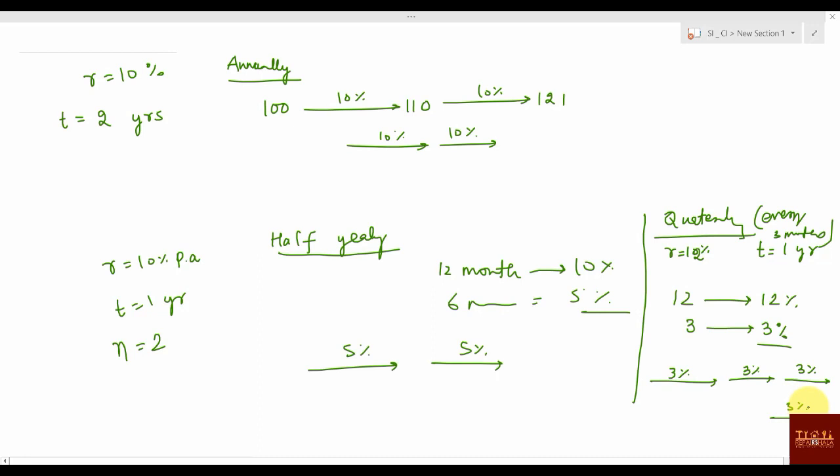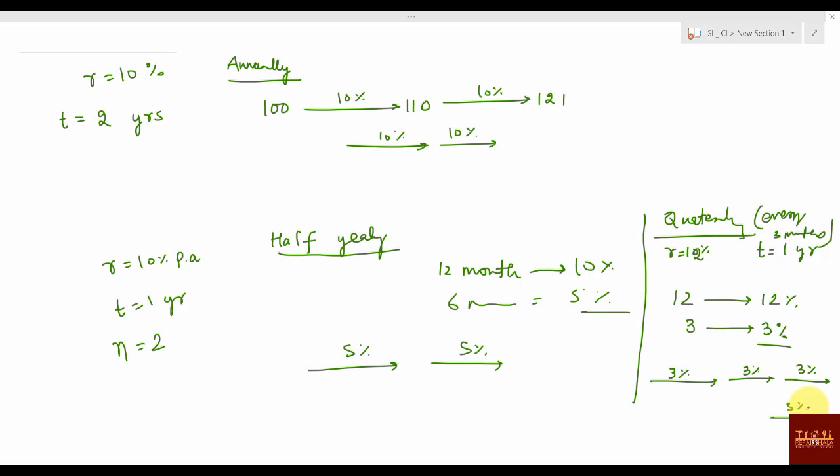Can you say that each and every increment is actually compound interest? Or you can say 1 year you have broken into 4 parts, that is quarters. You have kept the rate of interest based on what is given in the question, and then you are finding the successive increment. That is why I was telling you in percentage, this successive increment is too much important. Once you understand it, there will be nothing in compound interest.